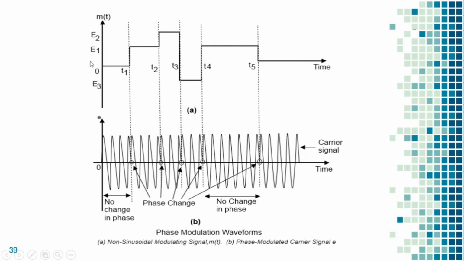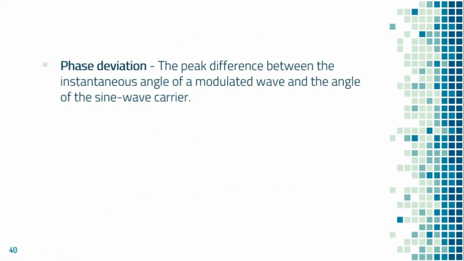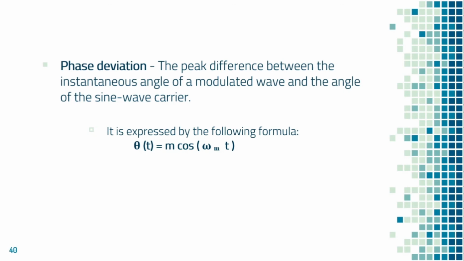So makita natin dito na varying the amplitude of the modulating signal yields a change in the phase of the modulated waveform. So phase deviation. Phase deviation is the peak difference between the instantaneous angle of modulated wave and the angle of the sine wave carrier. So kung yung frequency deviation is the change in frequency, the total change in frequency of the carrier to the modulated waveform, ito naman is yung difference ng instantaneous angle ng modulated wave at ng angle ng sine wave carrier. It is expressed by the following formula, which is